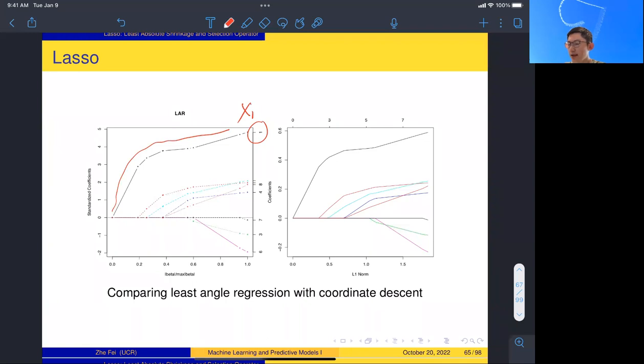And the X-axis, once again, shows us the sparsity of the model. Towards the right, essentially we have lambda equal to 0, meaning all the betas are estimated as non-zero. That corresponds to beta hat OLS with lambda equal to 0. And then as we go to the left with larger lambda,